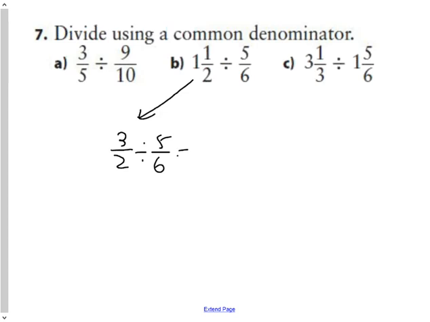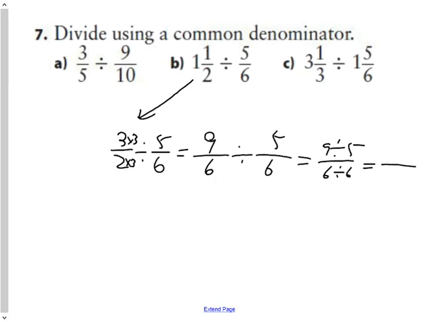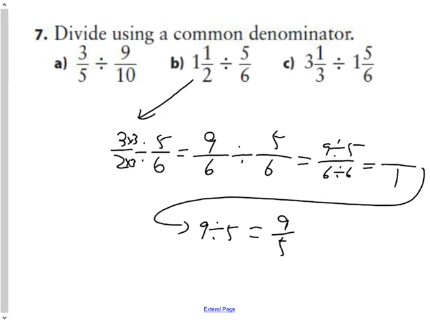Once we have that, our common denominator will be the first multiple they share, which is 6. 3 over 2 as an equivalent fraction over 6 is 9/6. When you divide the numerators and divide the denominators, your denominator is 1, which means your answer is 9 divided by 5, or as a fraction, 9 over 5. Which means your final answer is